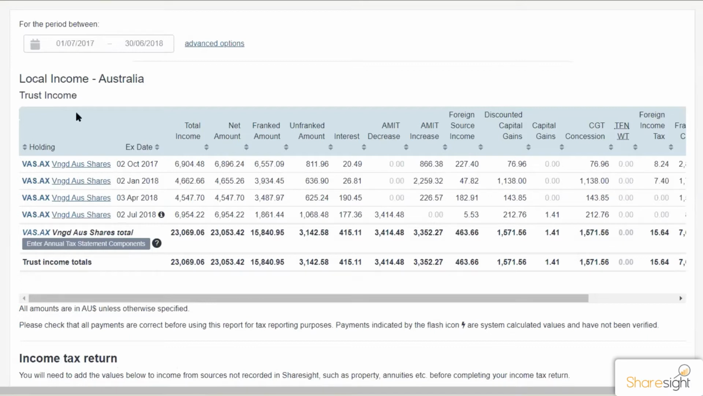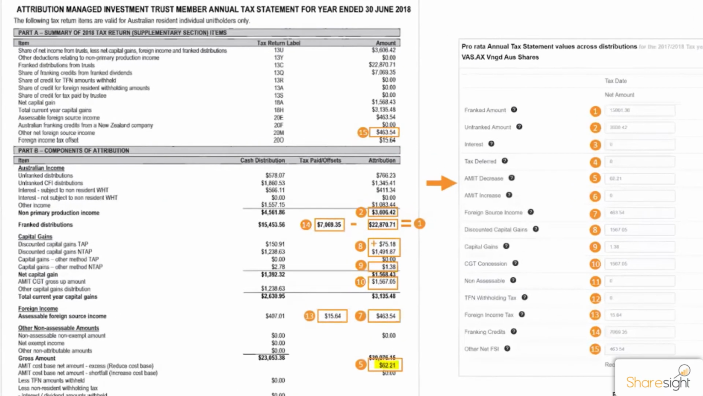The reason I've done that is I just wanted to show you the trust income section. What I'm going to do is jump forward and show you an annual tax statement. Okay, so this is an annual tax statement for Vanguard. Now, it might be a little bit hard to see here, but